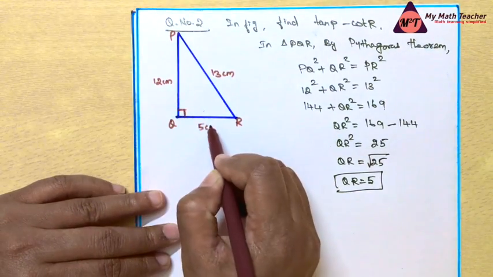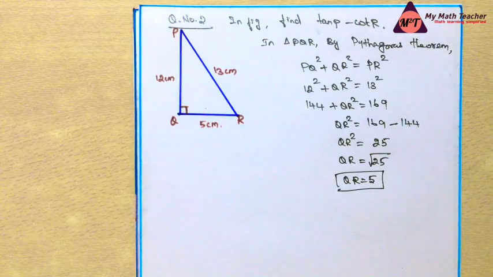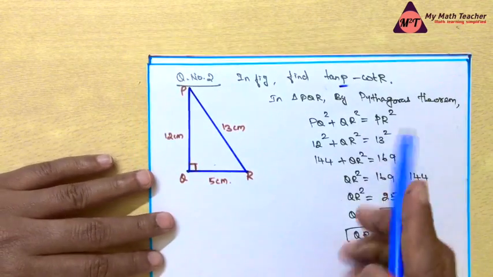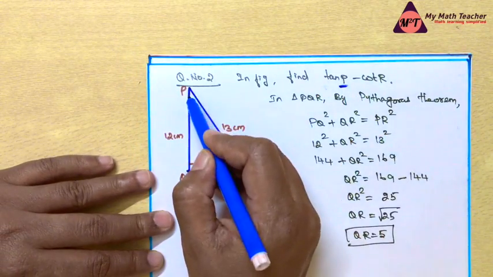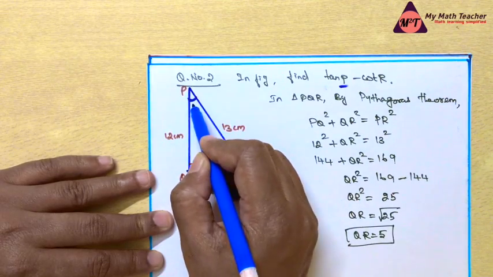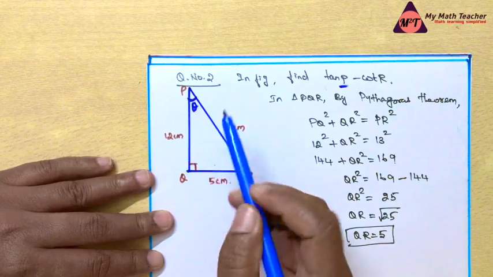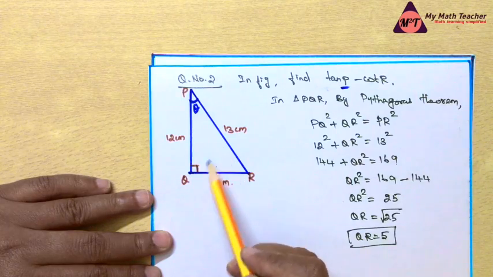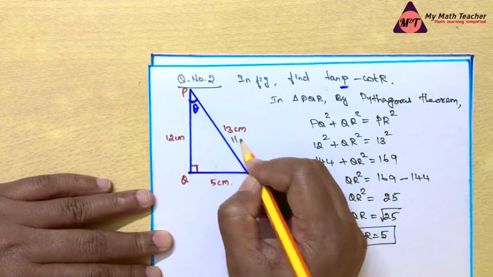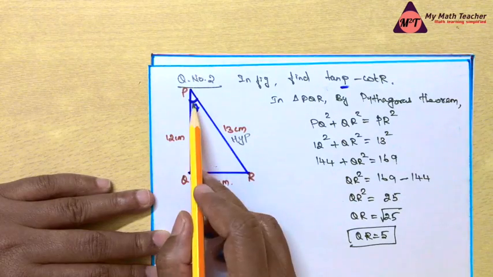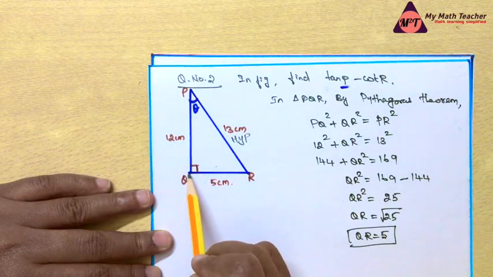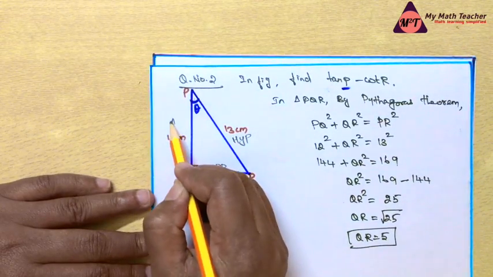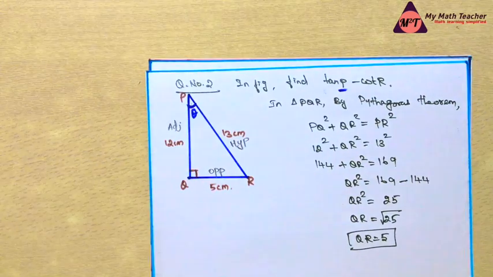This is 5 centimeter. Now we have to find tan P. Tan P, which means the angle theta is with respect to P. Now here this is P. Now angle theta will be with respect to P. Now we have to find the sides with respect to theta. Now the opposite side of the right angle will be always hypotenuse. This is hypotenuse. Now opposite side to the angle theta will be the opposite side, that is QR is opposite side. Now the remaining is adjacent side, that is next to theta but not the hypotenuse.